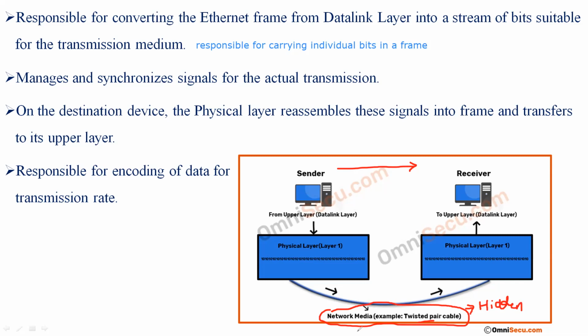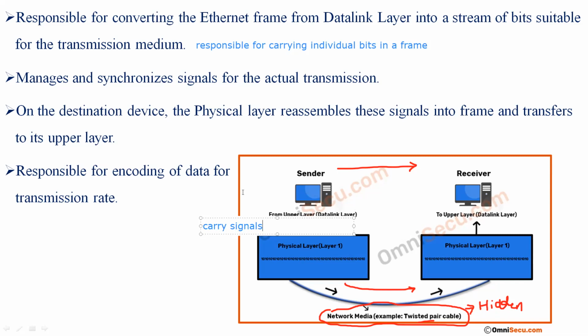This is a hidden layer with respect to the physical layer. So we need to know the transmission medium. The transmission media doesn't carry any bits. It carries either electrical signals or optical signals. So when I'm talking about the physical layer, it doesn't carry any bits; eventually it carries signals, either electrical signals or optical signals.